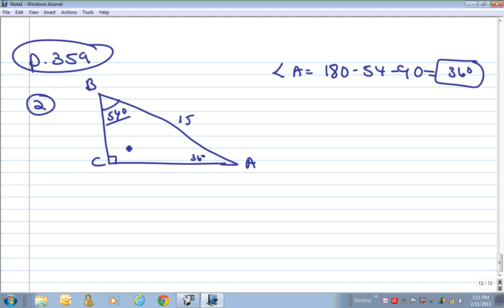So I'm going to start with 54. 15 is the hypotenuse. That was the side I was given. And let's say I want to find side B. Let's say I want to find little b. So hypotenuse over little b, or little b over hypotenuse. Let's do that one. So little b would be opposite 54, so opposite over hypotenuse would be sine. So I would say